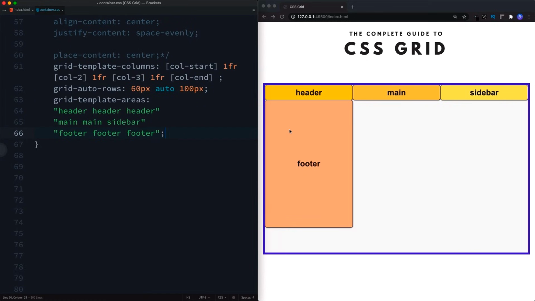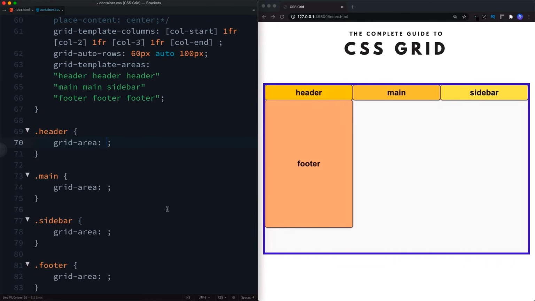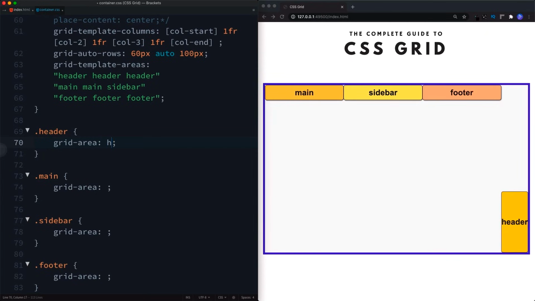Okay, so as you can see, there's not much change that's taken place at the moment. And that's because, as mentioned, the grid template areas property works hand in hand with the grid item property called grid area. So how this works is, each element here needs to be selected. So let's go ahead and do that. Okay, so we've selected each element, and now we simply put in their grid area values. So header is going to be header.